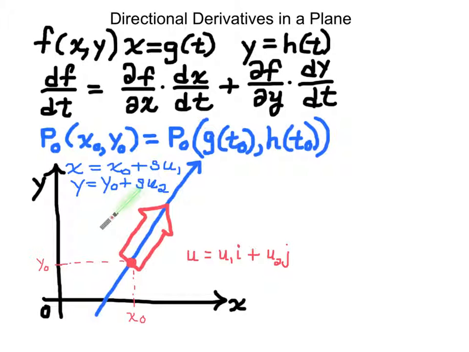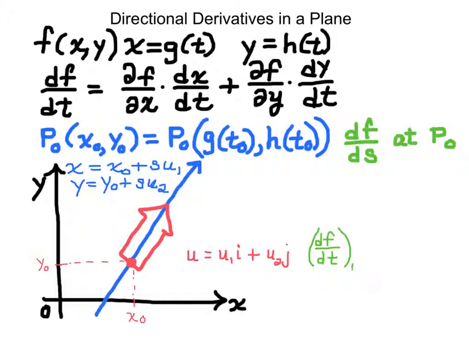Here, our constant s represents the measure of arc length from p naught in the direction of u. We find the rate of change of f at p naught in the direction of u by calculating the derivative of f with respect to s at p naught. So the derivative of f with respect to s at p naught